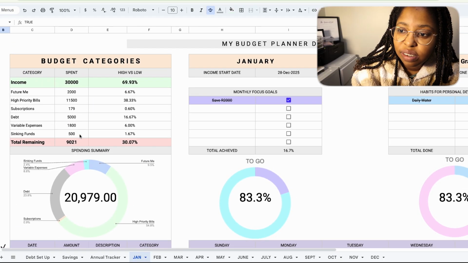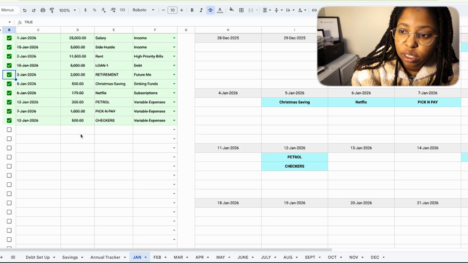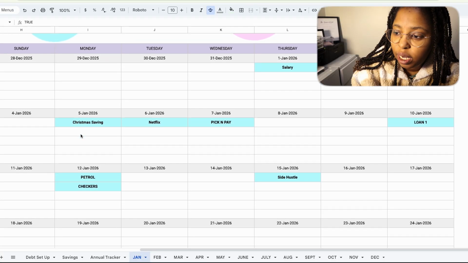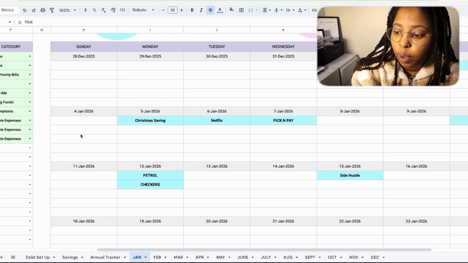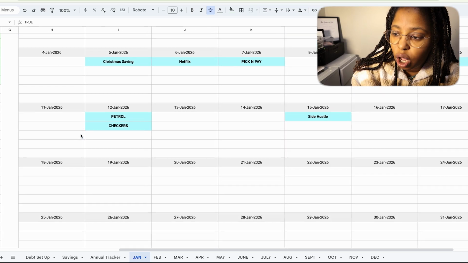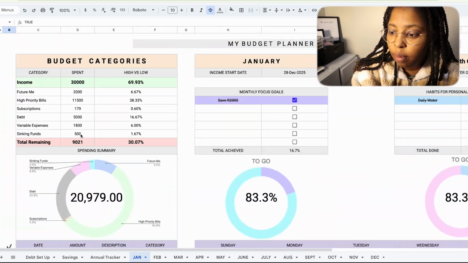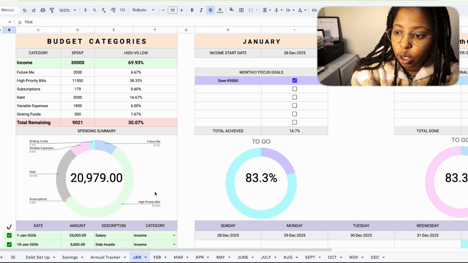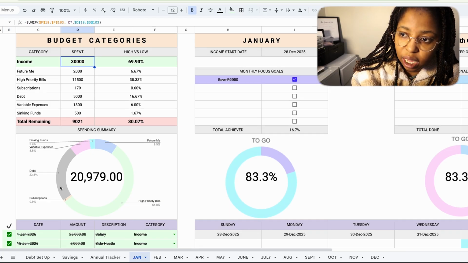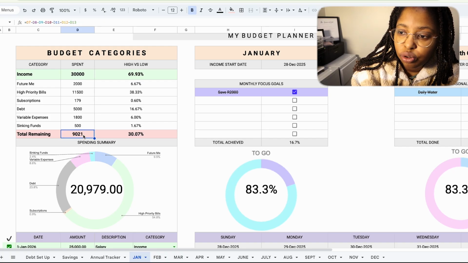All right, so this is the tracking section. This is where you basically track. The calendar auto-populates itself. This is where you'll see where you had a no-spend day, where you had a high-spend day, which is usually after payday. And this is an overview of where your money is going, a clear indication of where your money is going, and this is how much is remaining from your income according to your spending. So this will tell you how much you have left